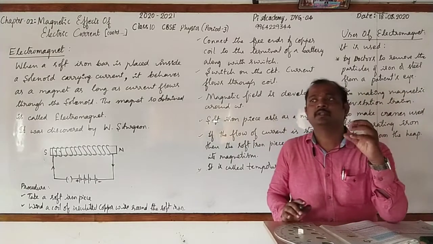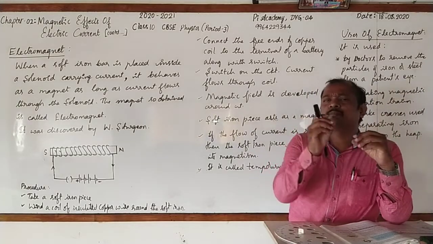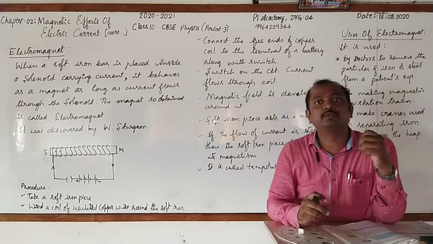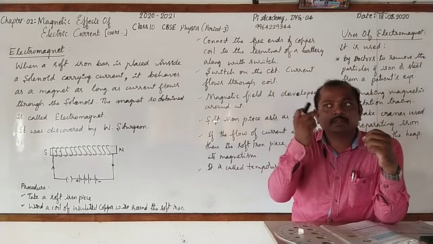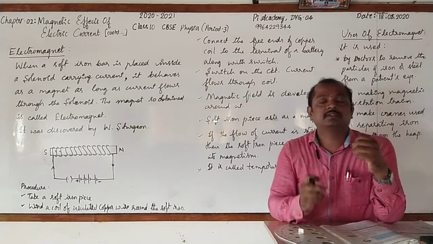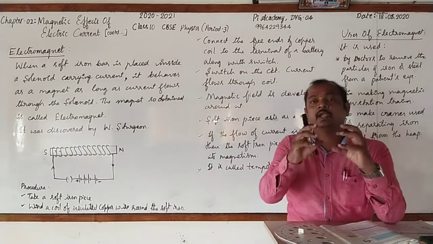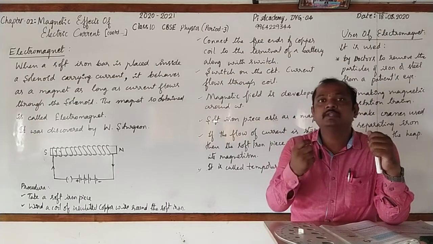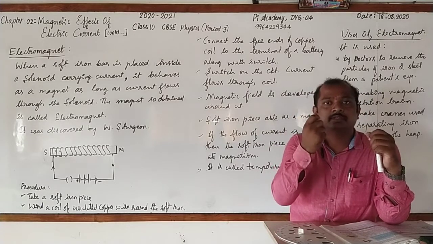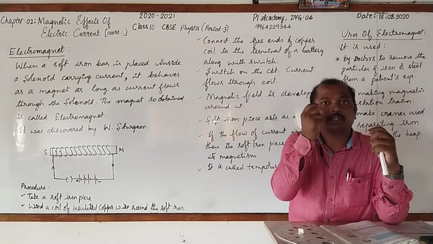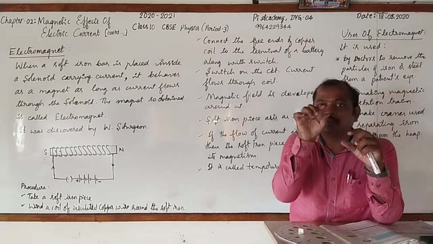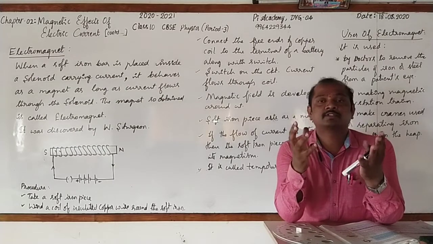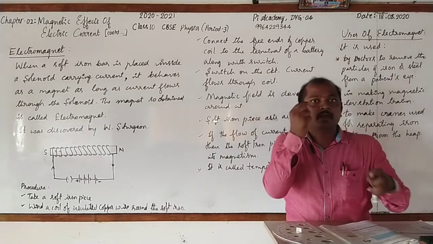For example, if small pieces of iron from dust particles enter into our eye, it is very difficult to remove them. When you go for removing, there is a chance of scratches. So that is why doctors will go for using an electromagnetic machine for removing that small iron piece. They won't touch that machine to the eye. Instead, when it is brought very close, this electromagnet has a strong magnetic field, it will attract a small piece